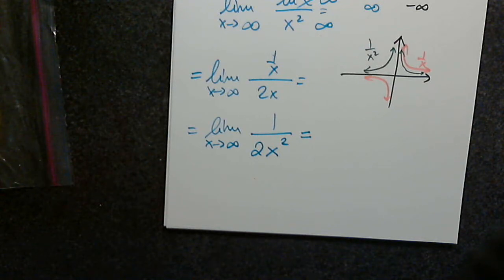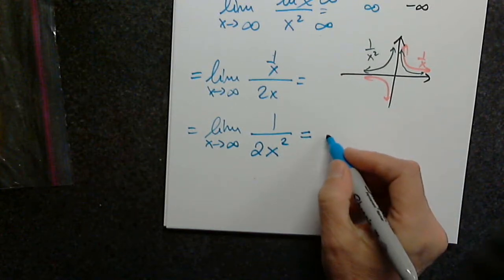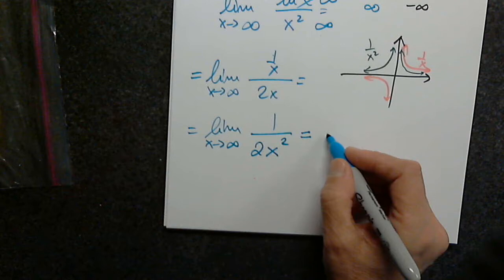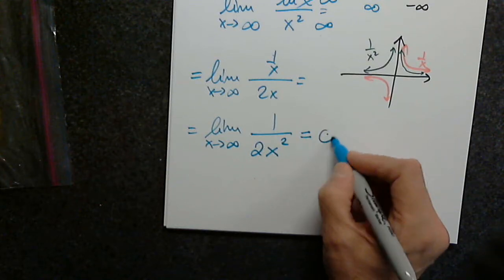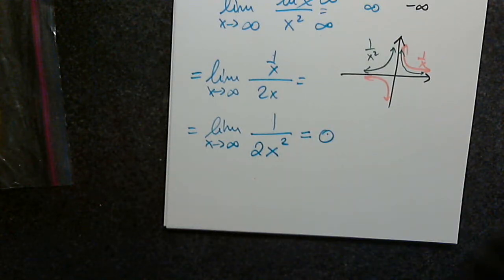But I just have the answer, and it's done. What is it? Thank you very much. 1 over infinity is indeed 0. Finally,